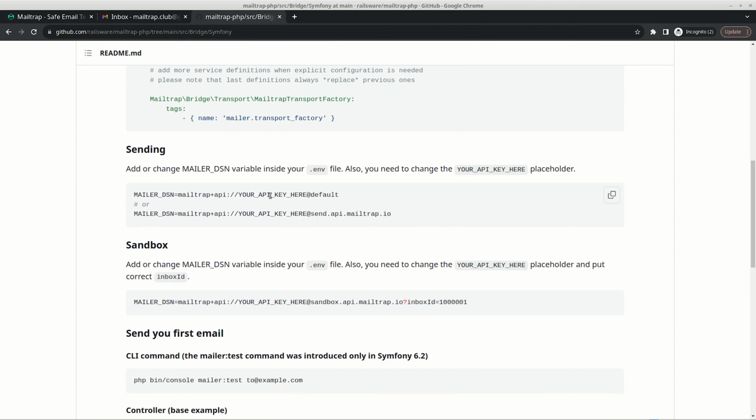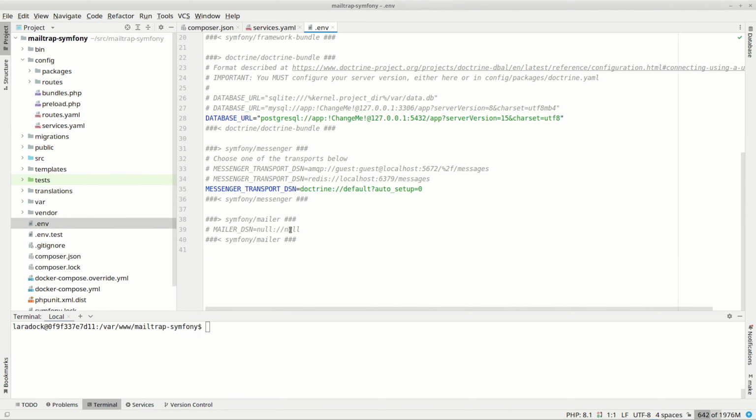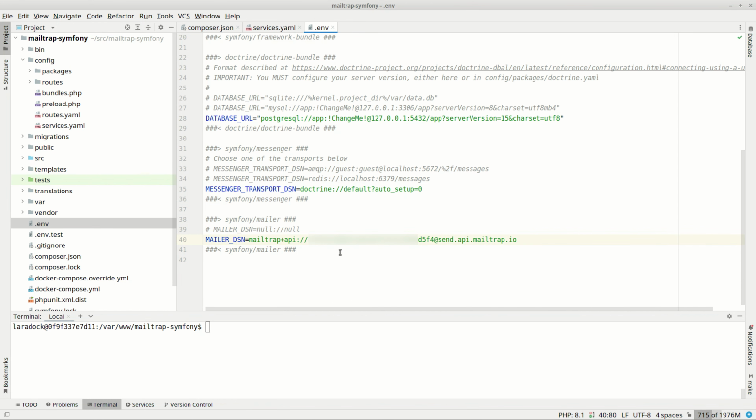Next, you'll need to copy-paste your credentials to the .env file. So copy this configuration and paste it into the Symfony Mailer block. Now, copy your Mailtrap account's API key and paste it in the same block. To test if the